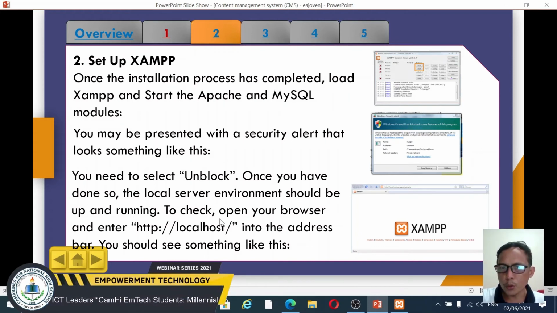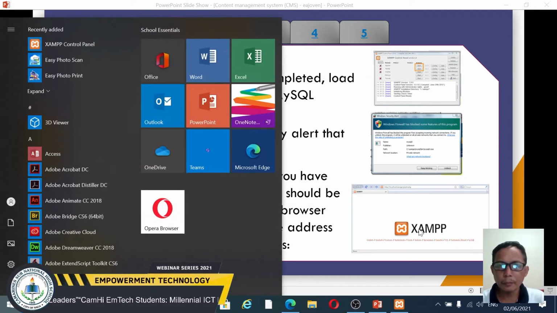To check, open your browser and enter localhost into the address bar. You should see something like this.